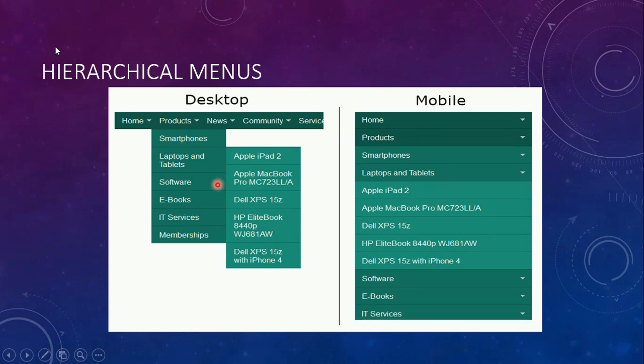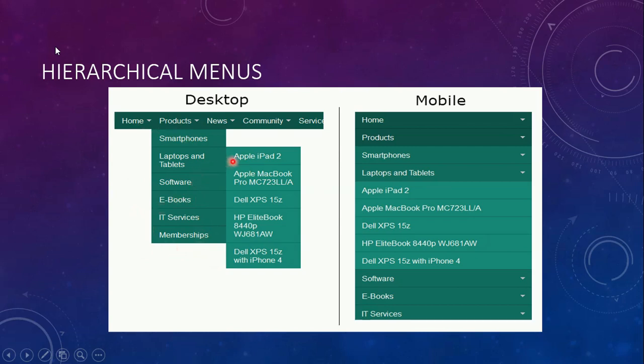For example, see a menu that is displayed on the desktop. You have products, one of the menu lists, and under products you have certain choices: smartphones, laptops, tablets, software, ebooks, IT services, membership. These are the choices you have here.